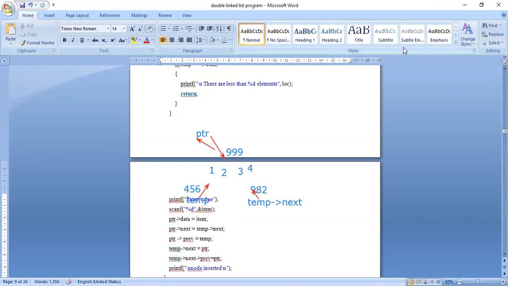So today I'm ending the session because a double linked list is somewhat difficult compared to a single linked list. Today I have discussed only insertions, only the functions of different insertions in a double linked list. Okay, so today I will end the session. Tomorrow we will be discussing different deletions.